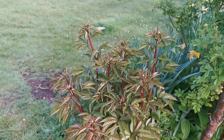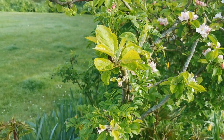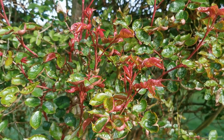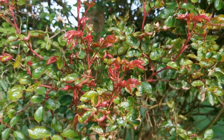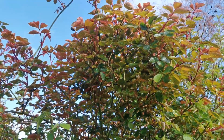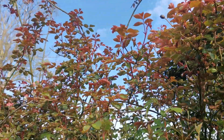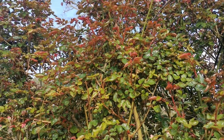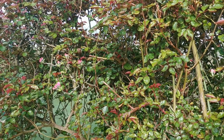But if you want to see some real spectacular bronze foliage, let me take you to my favourite rose just along here. Now just look at that in terms of fire red new growth of leaf changing through to the shiny dark emerald green foliage as it matures, and this is growing really well in this position. This is a Generous Gardener, one of my favourite roses, one of the best once you've got it established, and